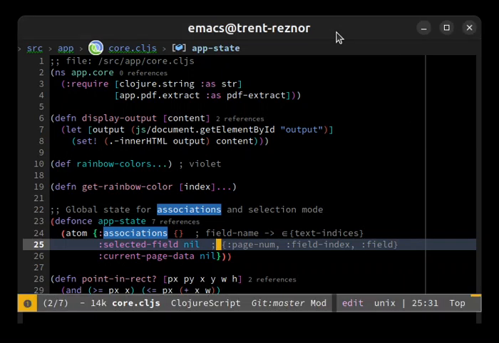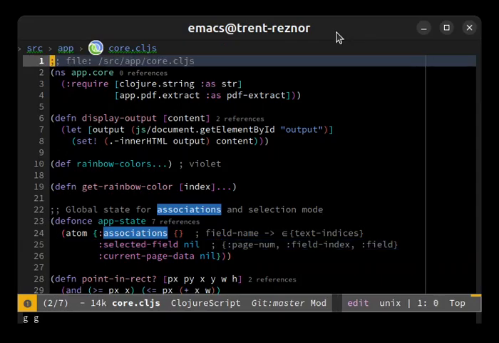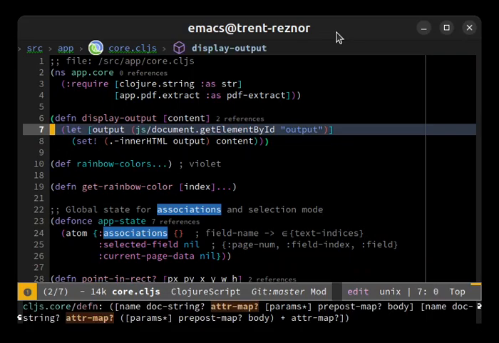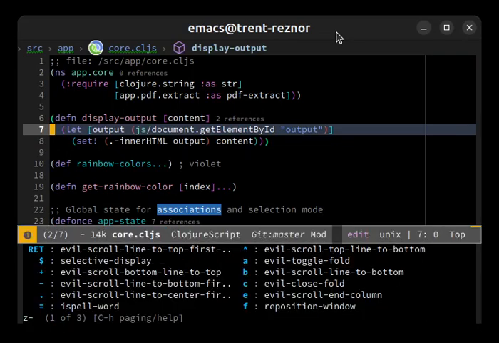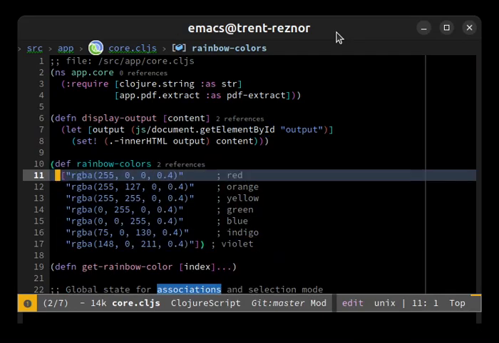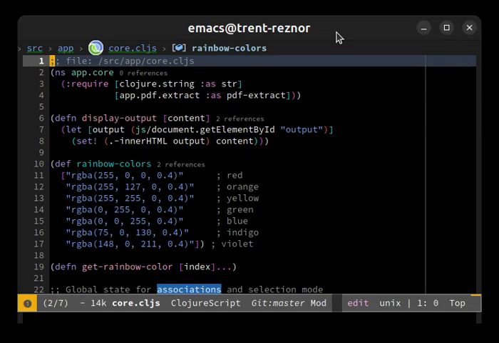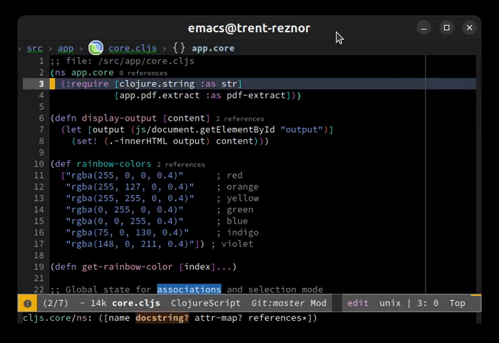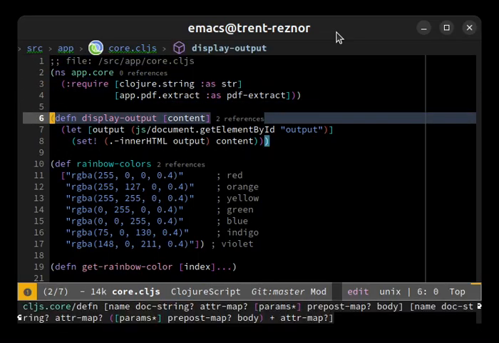I've been vibe coding this thing that will help me associate labels with input fields in the PDF, the tax 1040 PDF. Let's see, is it open? Oh, yeah, it looks like we got some stuff. Okay, so I've been vibe coding this, and I'm going to go through and do recode to figure out if